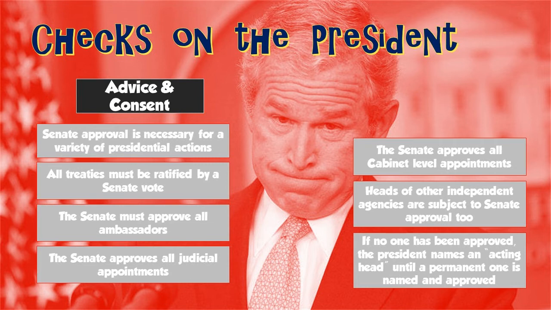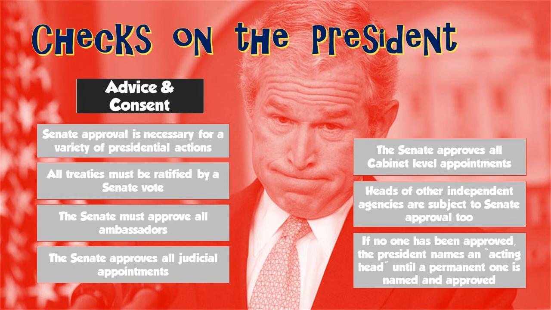And along with this, we know that the Senate is going to have approval over all of the judges that the president has also appointed. So appointments to embassies, appointments to the cabinet, and appointments to the federal judiciary are all subject to the advice and consent of the Senate. Other bureaucratic appointments are also subject to the approval of the Senate.